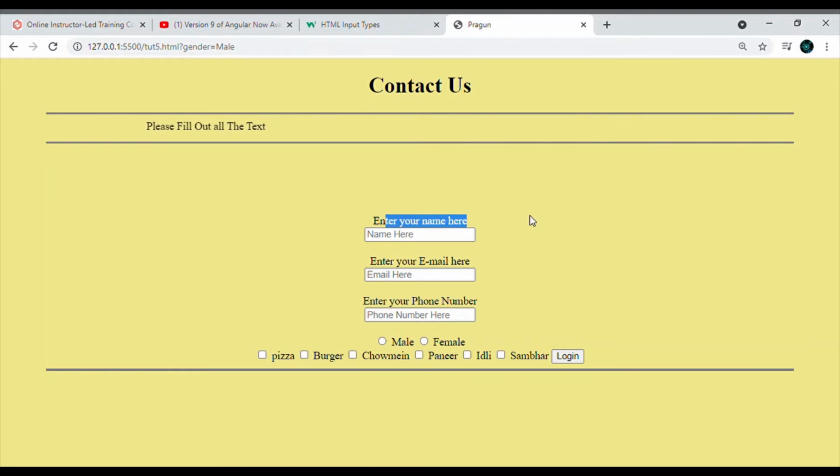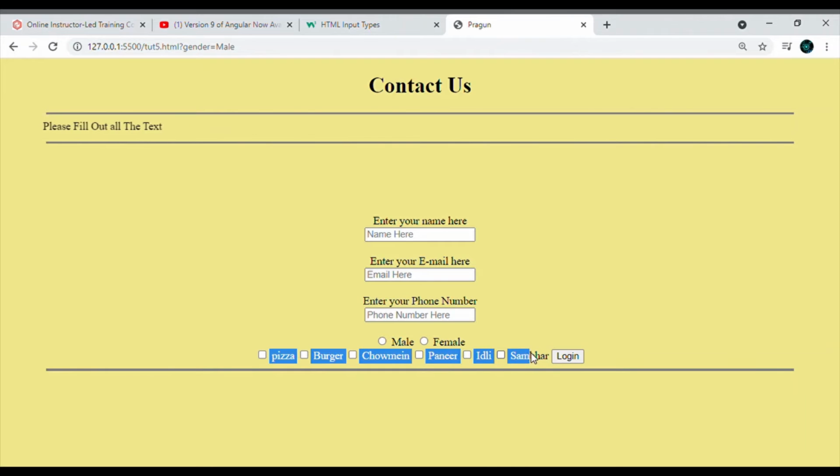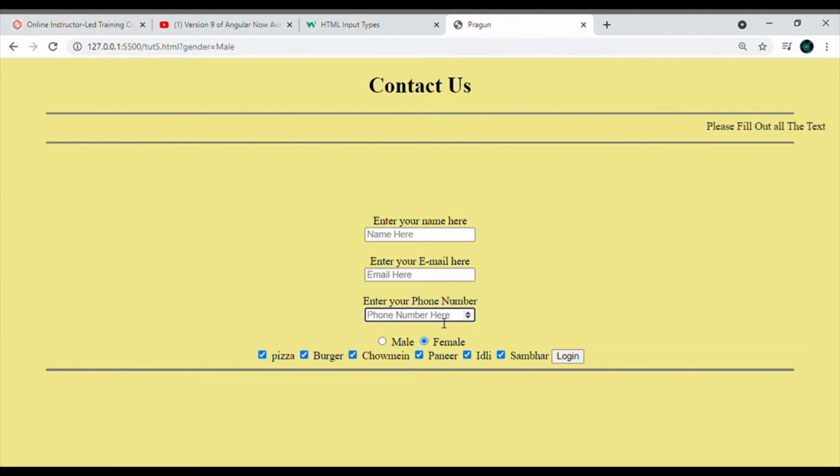You can see that in our contact us space there are the checkboxes that we want. Only one of the radios is checked, but in checkbox we could click as many as we want. As I am clicking these, or I am clicking all of them like that, and phone number something,